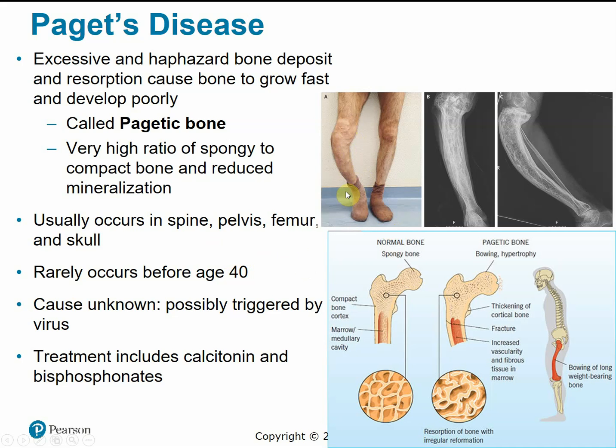So it can cause bowing or deformation of the bones. So it rarely occurs before age 40, but what's scary is that the cause is still unknown. It's theorized that it could possibly be triggered by a virus or a genetic component, but we still don't know. So treatment for Paget's disease includes calcitonin and some bisphosphonates. Calcitonin is the hormone that lowers blood calcium. So it does this by depositing calcium into the bone tissue. So if their problem is they're making too much bone tissue, we can supplement with calcitonin to help break down some of that excess